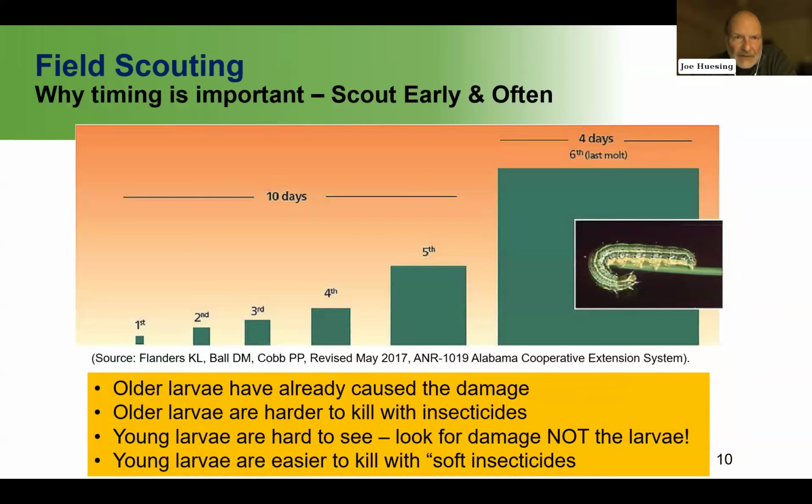Next slide, please. This is just a figure we put together to show the relative sizes of the six instars of the fall armyworm. Each box is a relative representation of the size of this pest. And within the first and second and third instar, you see there to the left, this insect is pretty easy to control. It's pretty easy to kill with even some pretty simple insecticides. BTs, neem oils, things like that will control it. The key is to actually get out and find the insect in time to control it before it moves into the whorl of the plant where it's protected.